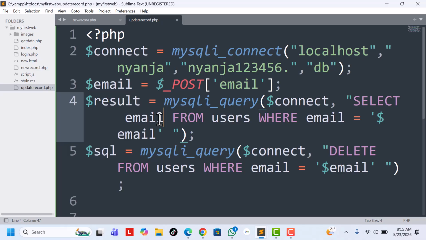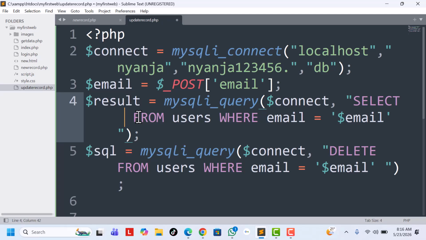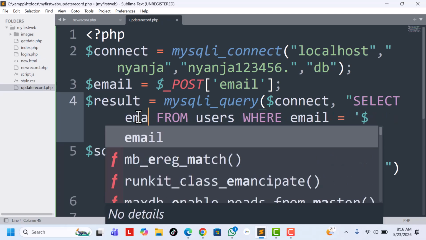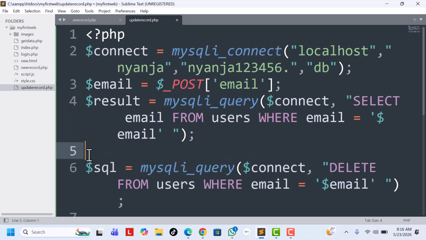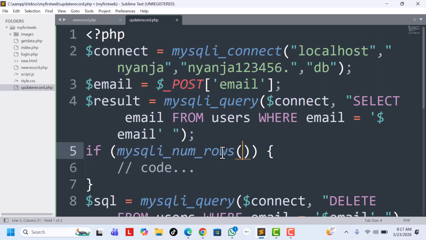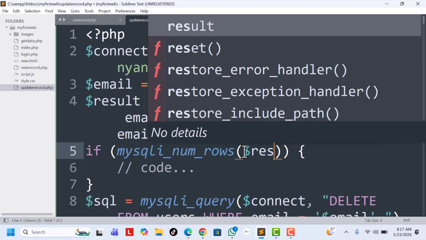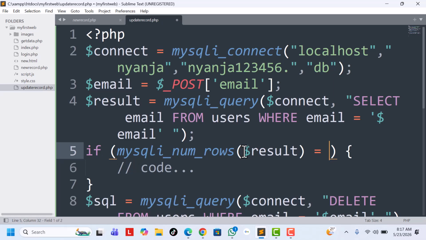If we remove this email, then we put this symbol, it means it will select all columns. So no need of putting all, because we don't need all columns. So we put only one column, email. Okay. Now we say if MySQL number of rows result is equal to 0,